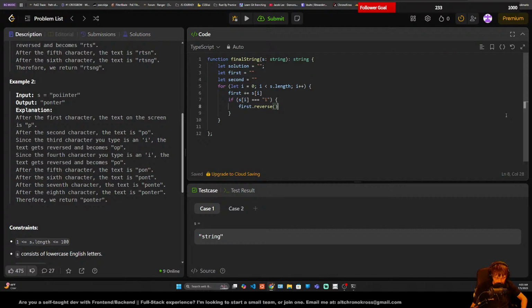So I'm pretty sure when you use slice, it's inclusive, exclusive. So the first index you pass, it includes that one, but the second one you pass, it's exclusive. So you can actually just take the length of the array instead of taking away one. Welcome to JavaScript. So we'll do first.reverse plus